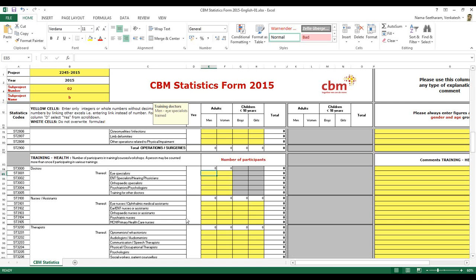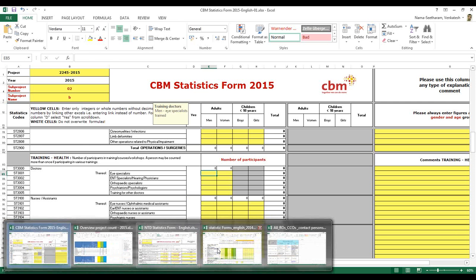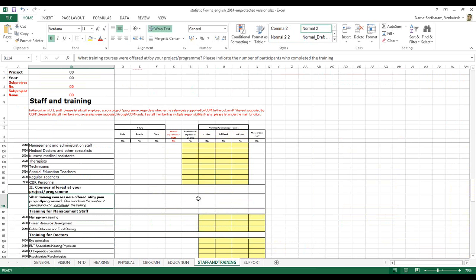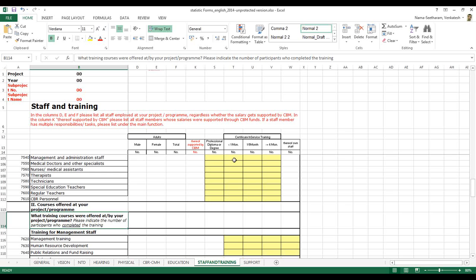I'll just show you that other form also, 2014. In 2014, you had these columns: professional degree, 1 month, 6 months, more than 6 months. So all these are not required now, and in the earlier form also you were counting the number of participants.